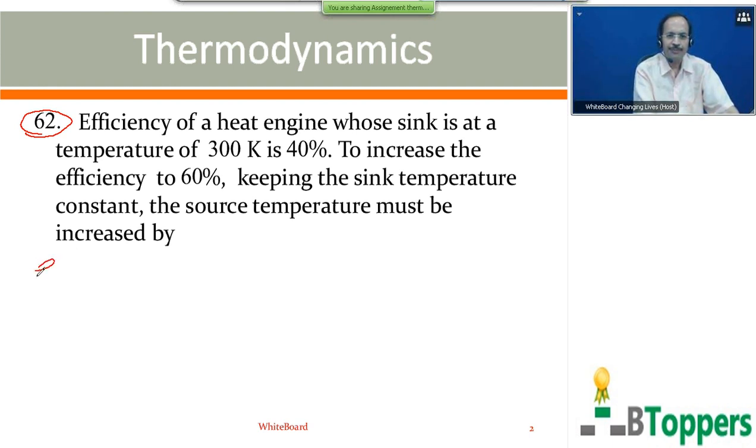So in general, if T1 is the temperature of the source and T2 is the temperature of the sink, then the efficiency of a reversible heat engine, or the maximum possible efficiency of a heat engine working between these two temperatures, is given by 1 minus T2 by T1. So in the first case,